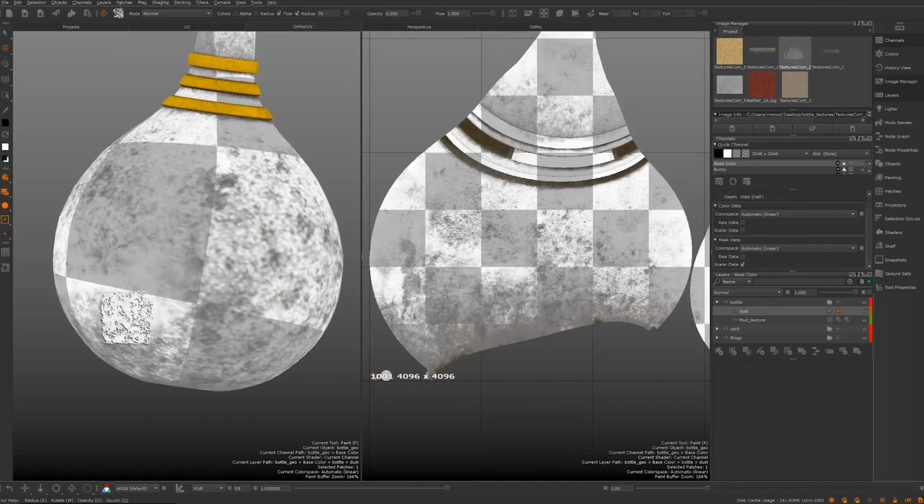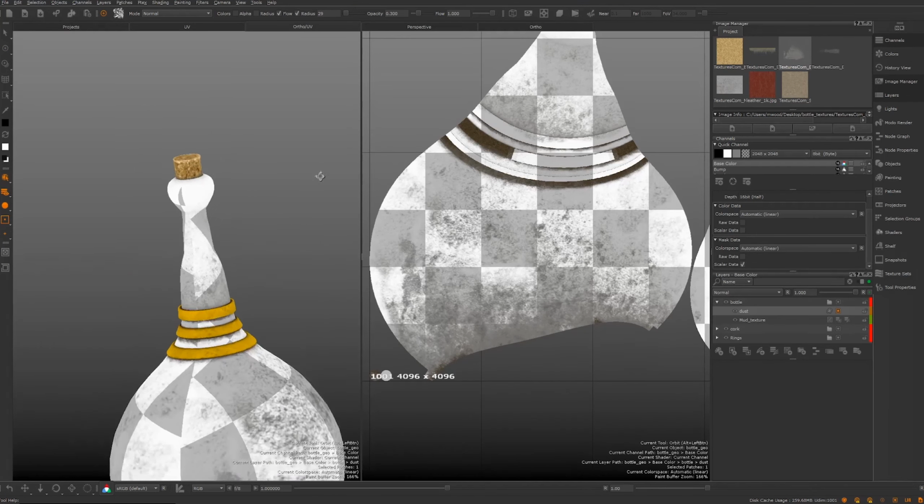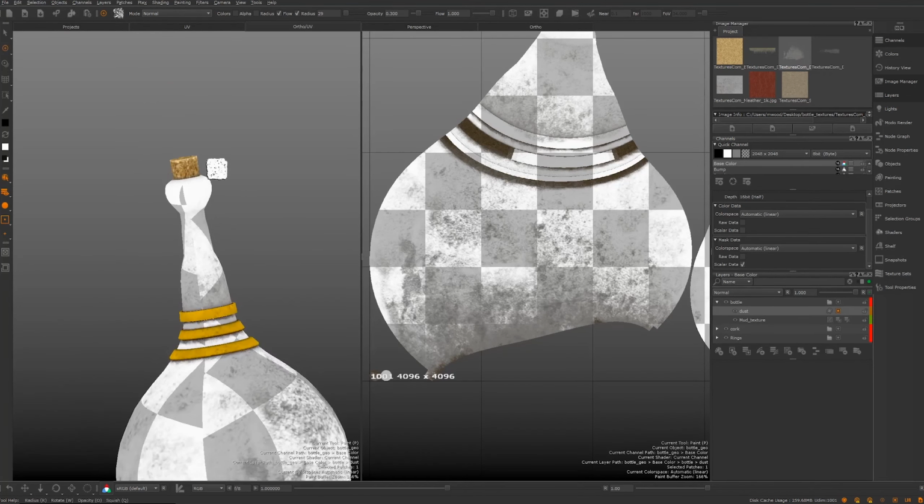So we see the seam. There is the seam. So I'm gonna try and fade away at the seam a bit. It's not really noticeable on the lower bit, so that'll do. That's fine. I'll just double check the top bit. Okay, so